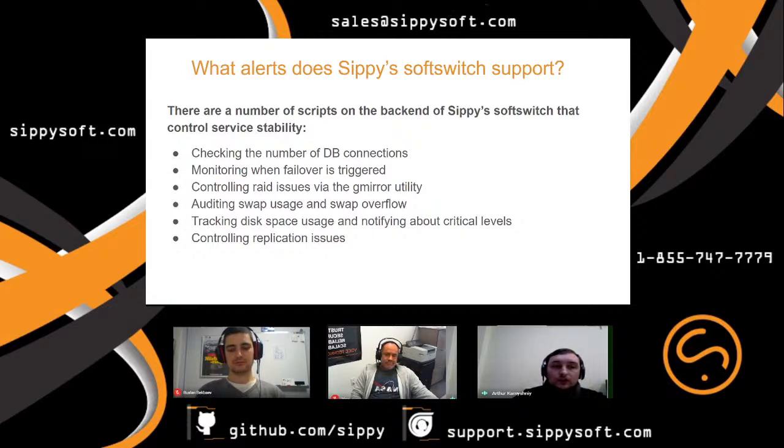The very first script checks the number of DB connections. The normal number of DB connections is between 0 and 1,400 connections to the database. This is a well-tuned parameter which is hard-coded. And if a customer receives an alert about a big number of DB connections, it's reasonable to check, for example, the number of environments, because usually such an issue happens when you create too many environments in your CP soft switch.